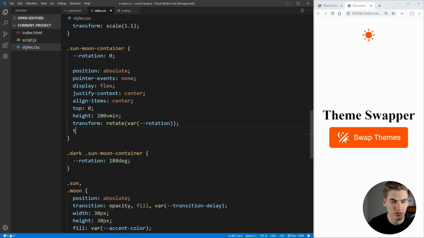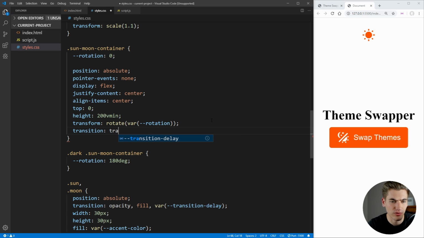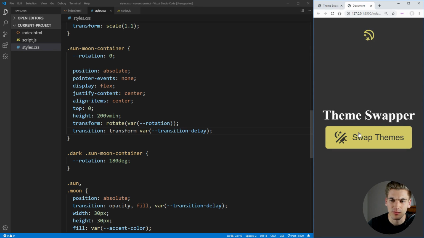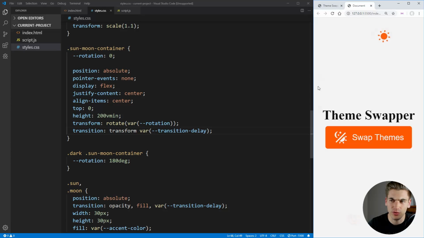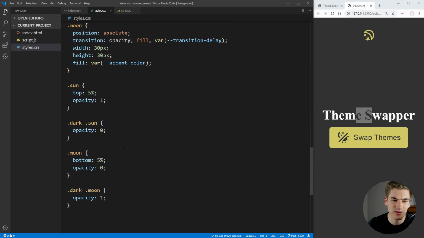And if we actually set a transition here, which is going to be for our transform, and it's going to be over that transition duration. Now we save, you can see that it's properly rotating in, but when we actually go to swap themes back, it's rotating the wrong direction. We want to constantly be adding 180 to our degrees every time, so that it constantly rotates to the right every single time. Also, you'll notice our moon icon is upside down, so to fix that, inside of our moon,